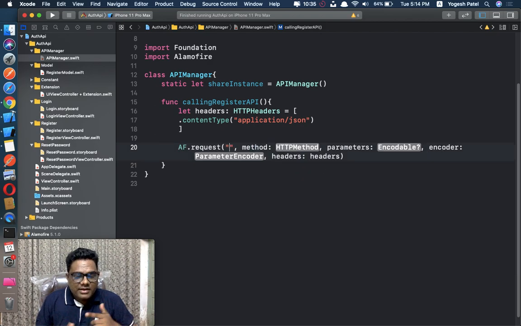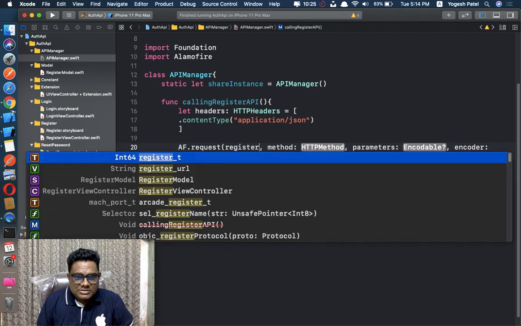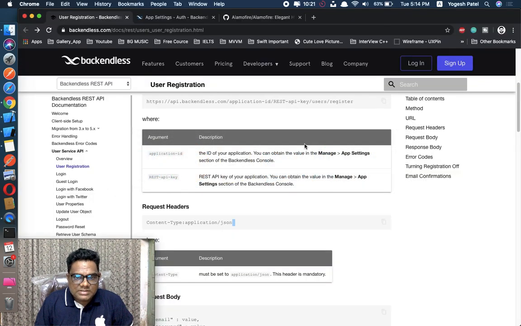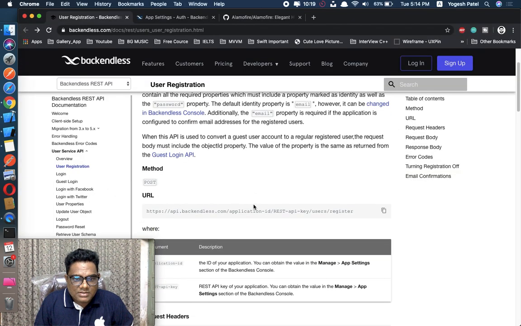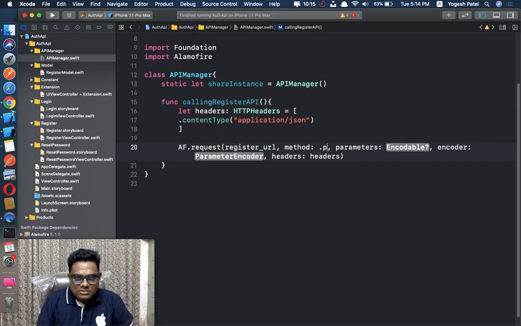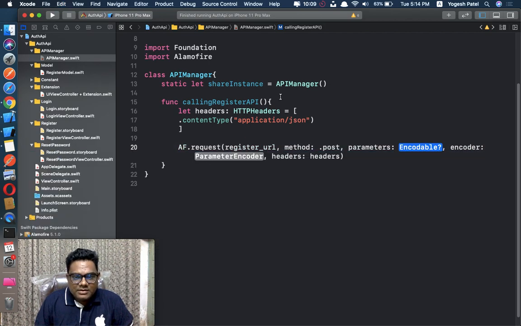So our string is the register URL. We have a string, so no need to do interpolation here. And the method, let's see, I think it's a post, right? Yeah, it's a post. You can see here. So .post, and parameters.